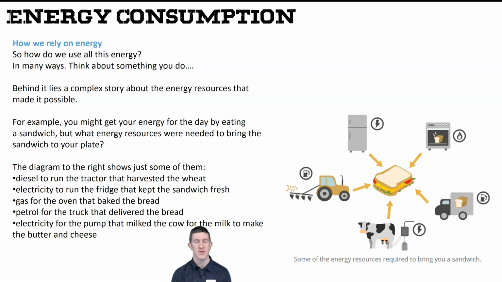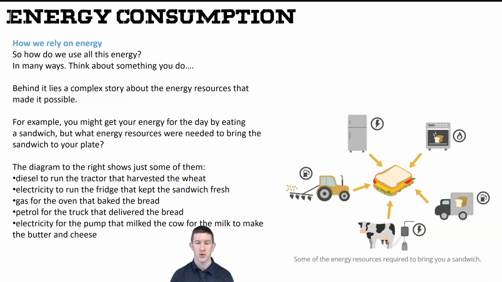For example, you might get your energy during the day by eating a sandwich. But what energy resources were needed to bring that sandwich to your plate in the first place? The diagram on the right shows just some of these things. We would have needed things like diesel, which is a fossil fuel, to run the tractor that harvested the wheat in the first place. We would have needed electricity to run the fridge that kept your sandwich fresh. We would have needed gas for the oven that baked the bread, petrol for the truck that delivered the bread to the shop, petrol for the car that took it from the shop to your house,